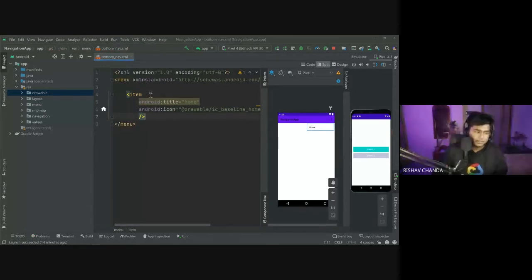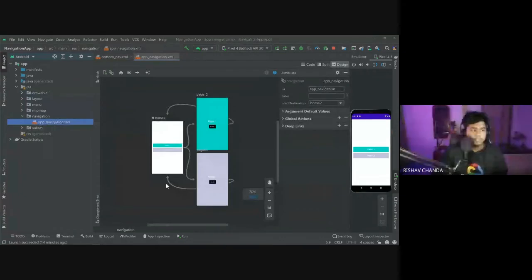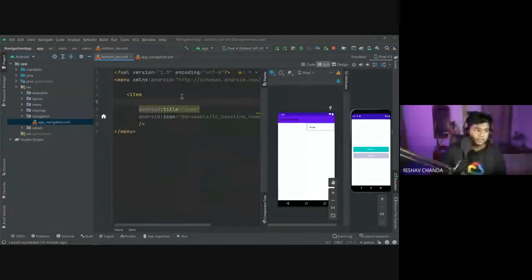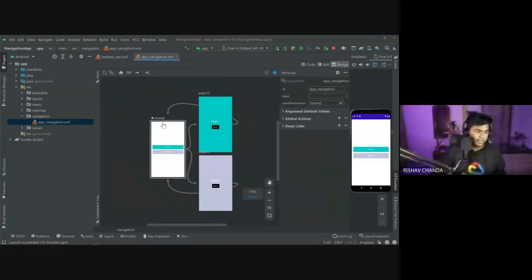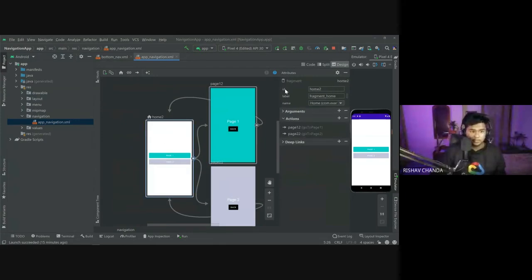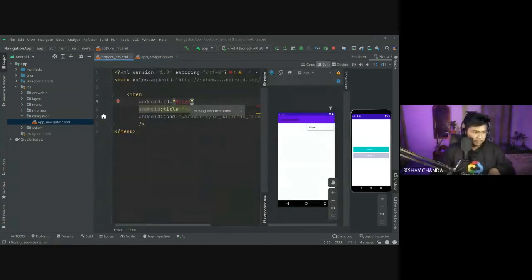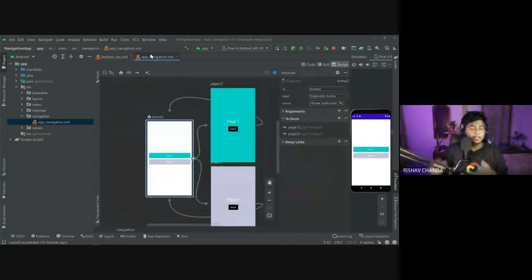Now one more thing is there, that is the ID, and this ID needs to be same, because we are doing through this navigation graph, right? So this ID part, remember this thing very clearly, that we have an attribute that is ID. This ID needs to be same as the ID in the navigation graph. Like here we have the home as the ID. If you click on this one, the ID is home 2. So simply copy this home 2, come back here and paste it here. It would be like implementing in such a way, like when you click on this menu item, it would take you to this home page, like the home 2.